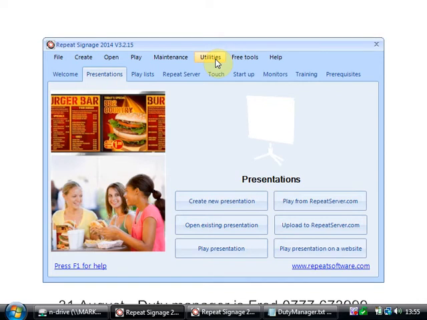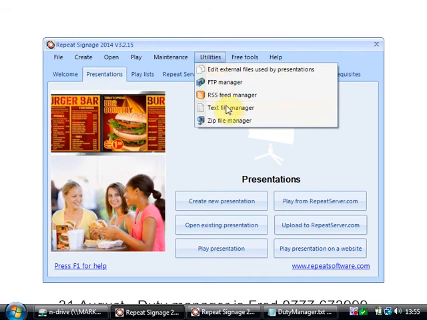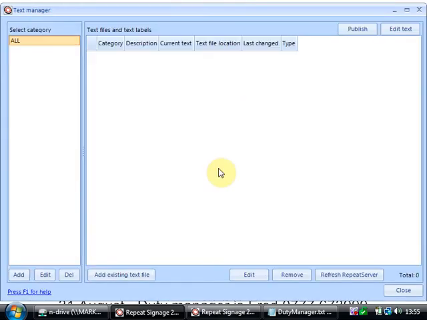Now, our text manager system gives you a really quick screen for adding all the text files that you might want to update. So, for instance, if the person in charge of production, say the production director, would like to be able to update that text file whenever he wanted to on any of the machines that have been set up, we can set up a screen for him. So we can go to Utilities, Text File Manager, and all I'm going to do is add that existing text file to my list,